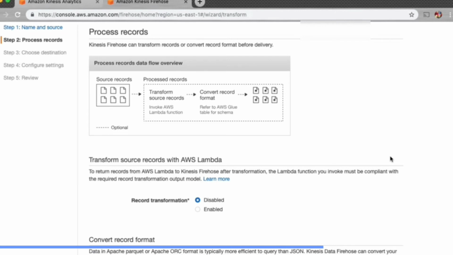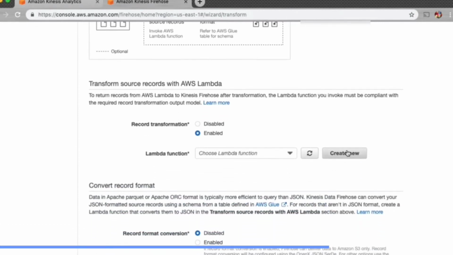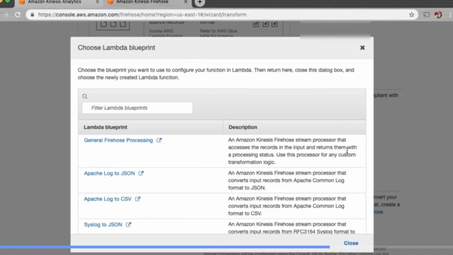We need to add a new line to the end of each record, and this is a perfect job for AWS Lambda. At this point, we can go ahead and select enable for record transformation, and we will create a Lambda function that simply adds a new line to each record. So go ahead and select enabled, and then we'll click create new Lambda function.